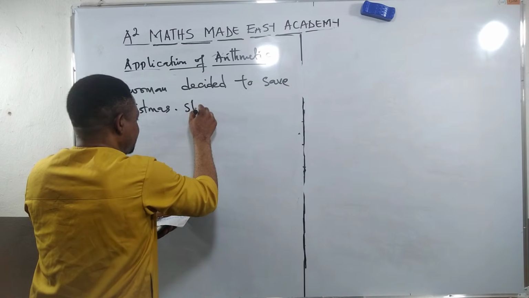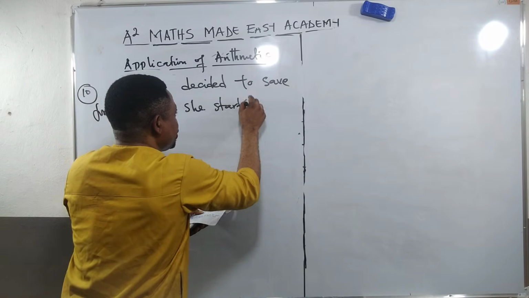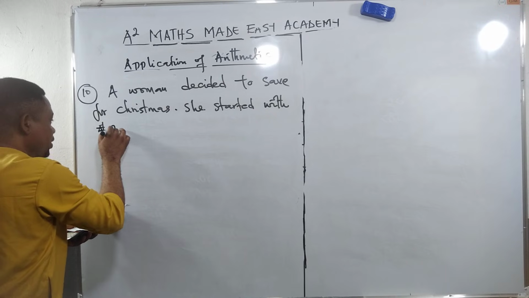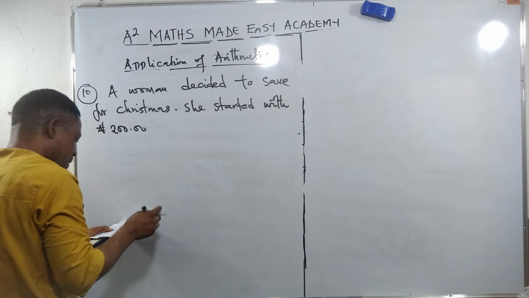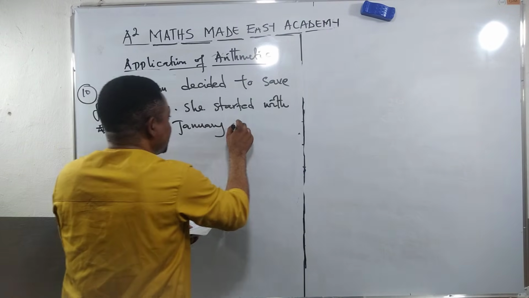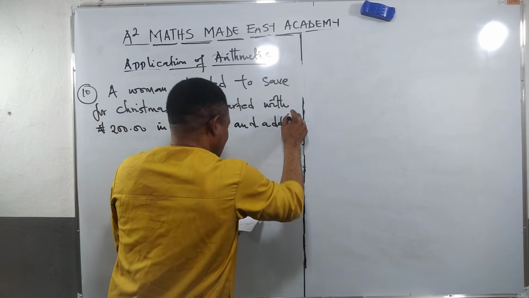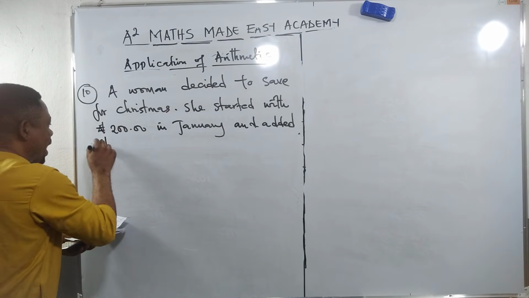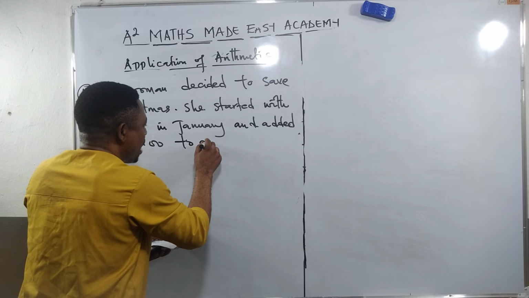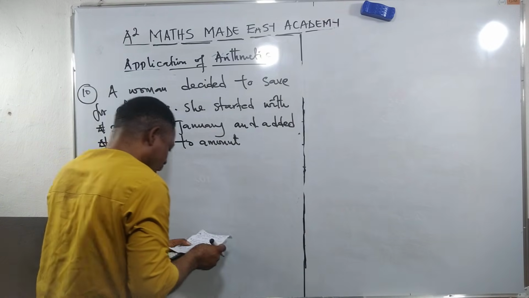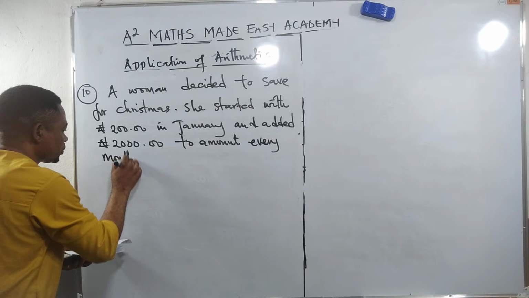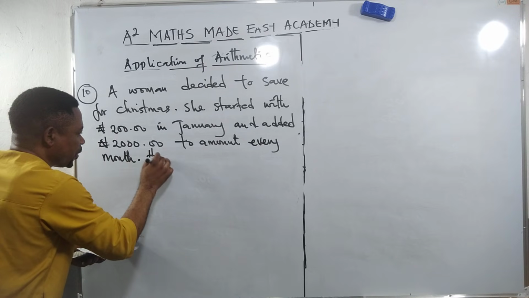Now, full stop. She started with 200 naira in January and added 2,000 naira to the amount every month. Full stop. Now the question is, how many did she save